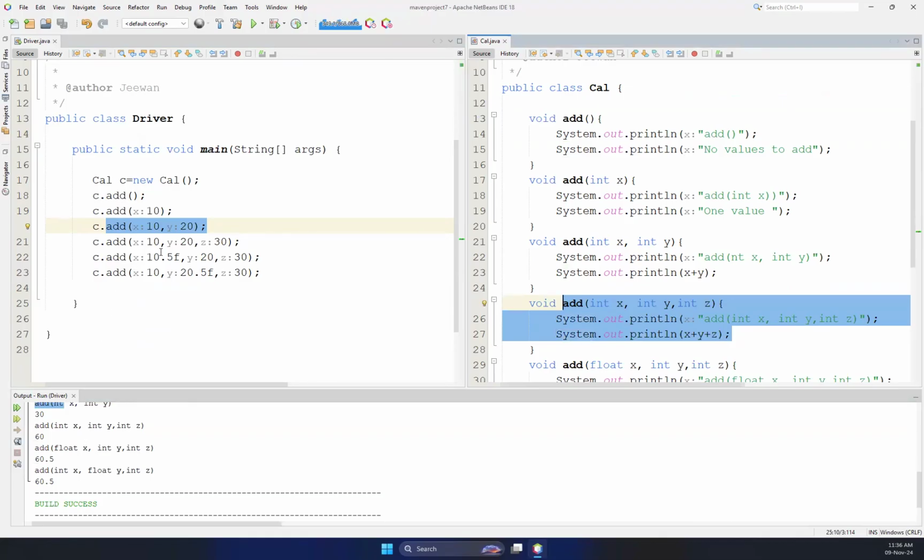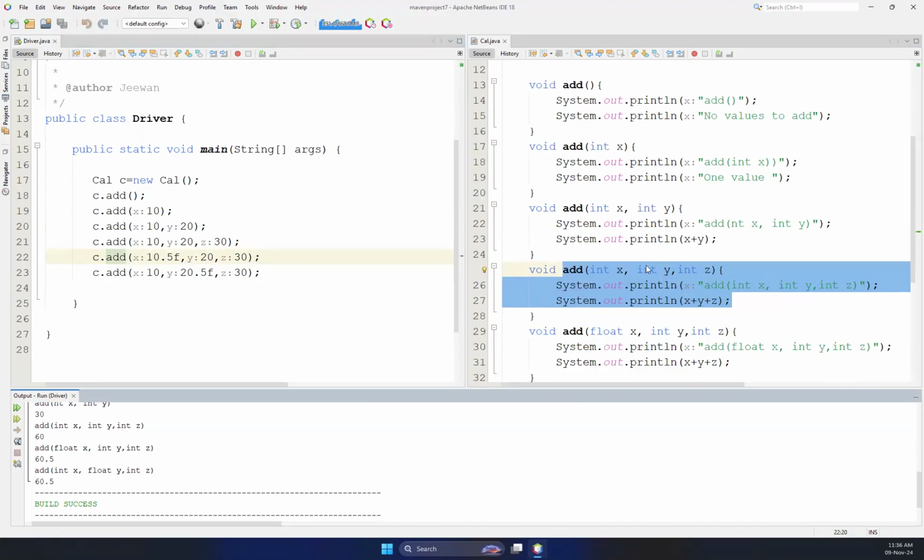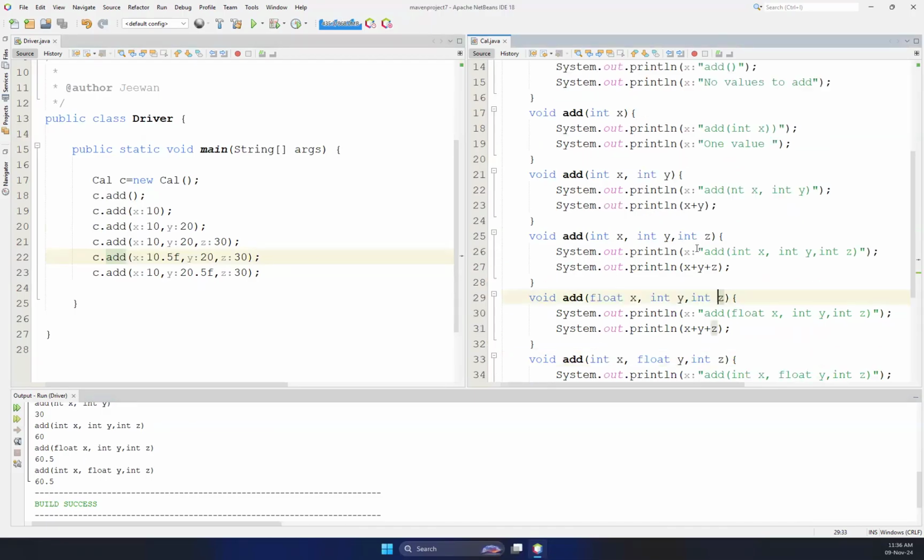And then when you pass 10.5, 20, 30, then that triggers float int. That means this method. And then that gives you 60.5. And then you pass int float int, that means 10, 20.5, 30, int float int. That also gives you 60.5. Right now, this is how you could work with the